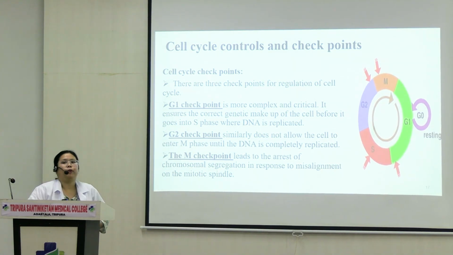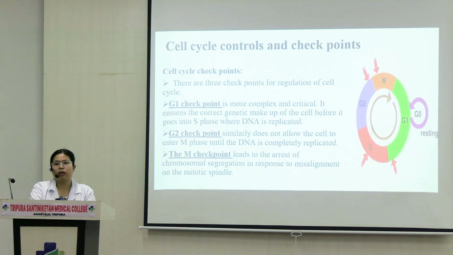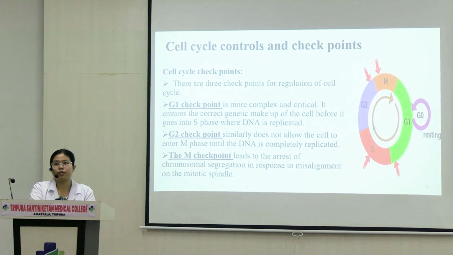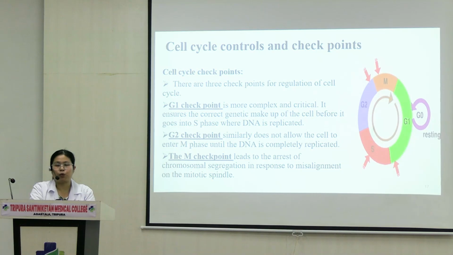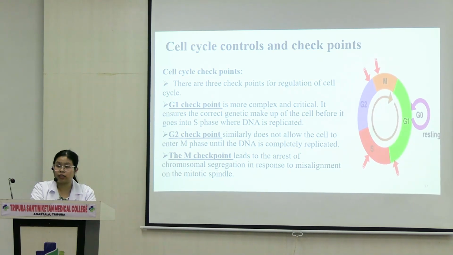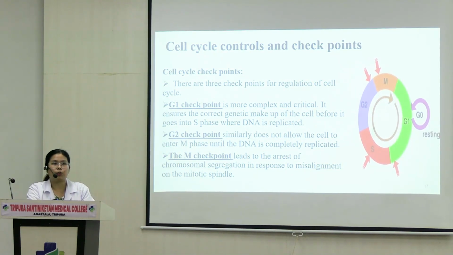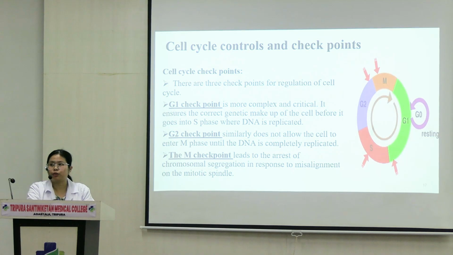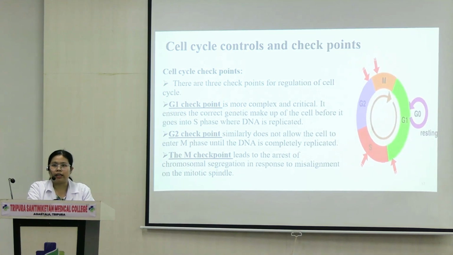So there are certain checkpoints in this cell cycle, between different phases of cell cycle. These checkpoints are like security between two states. When you go from one state to another, there are certain checkpoint areas where police will check your ID cards or for whatever purpose you're going. Or within the state, if there are some autonomous district areas, to enter that area or their headquarters, the police will check you. For what? For security purpose. They want to know if bad elements enter into that area or not.